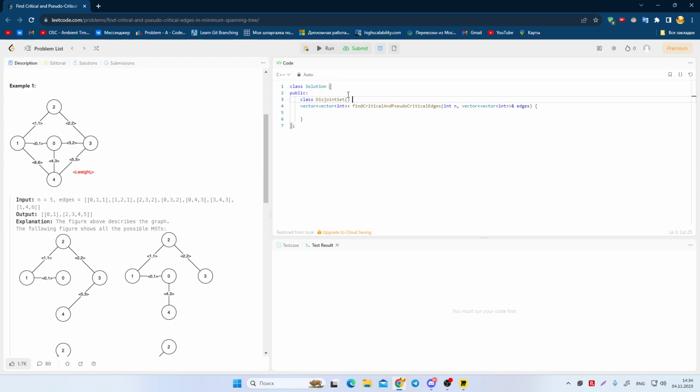In this class we want to implement find set, that will return